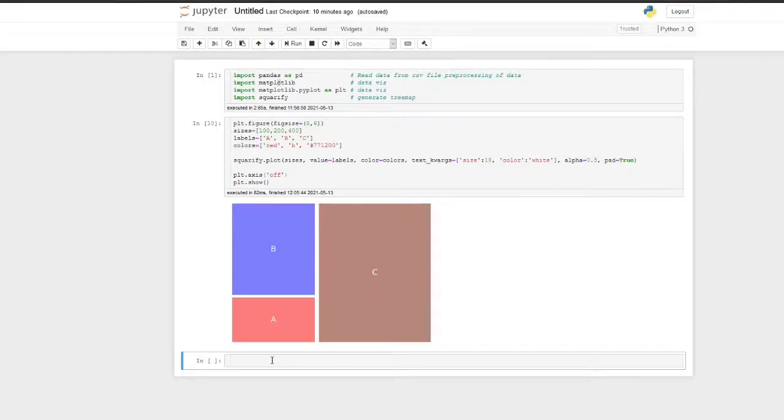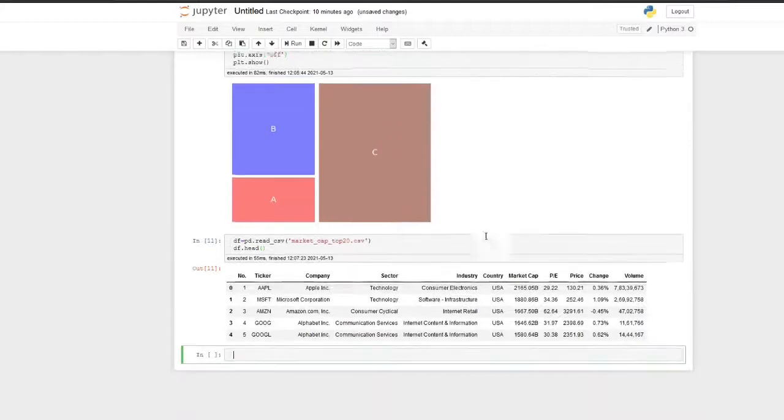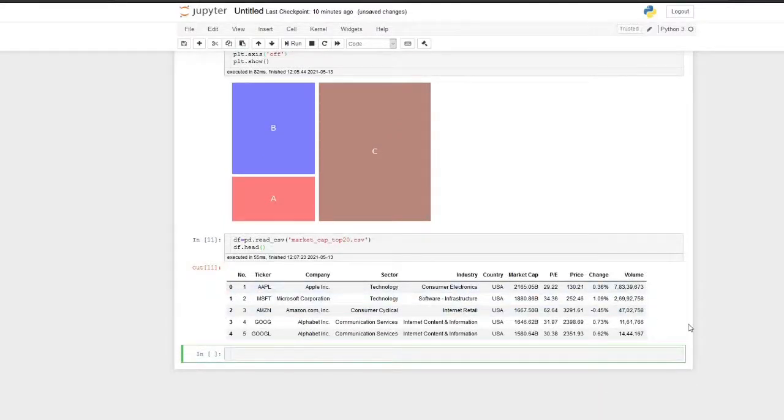So the first thing is we have to retrieve the data from the CSV file. For that we will use pandas: df is equal to pd.read_csv. We'll just see the first few lines, df.head. So now you can see the same data is here: ticker, company, sector, market cap, P/E.